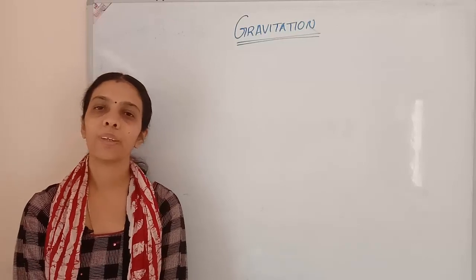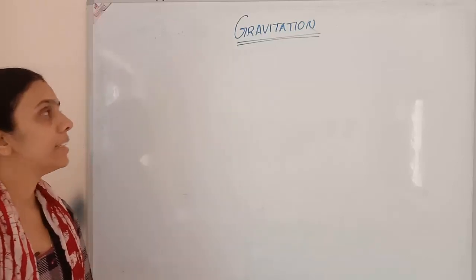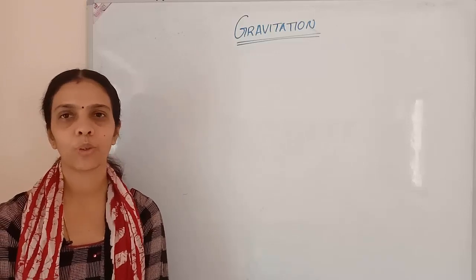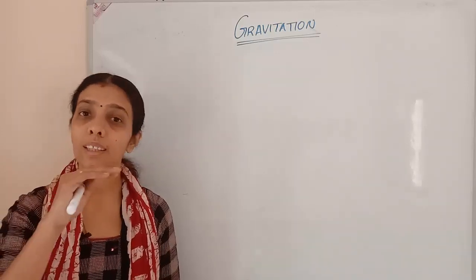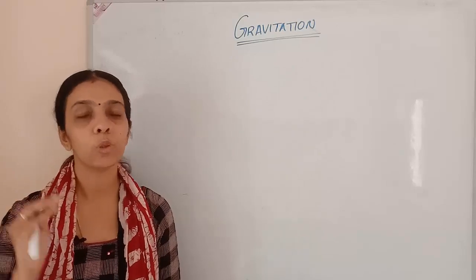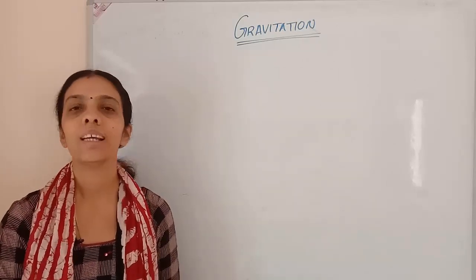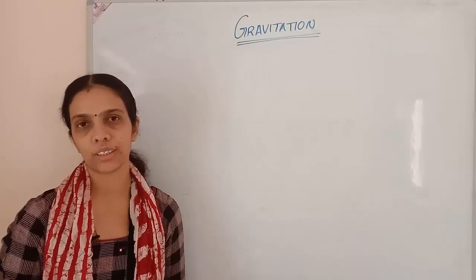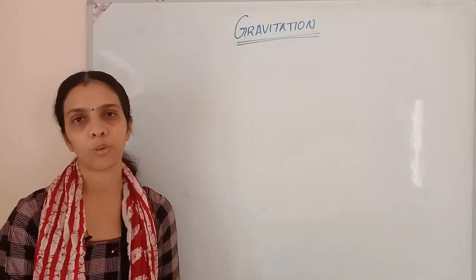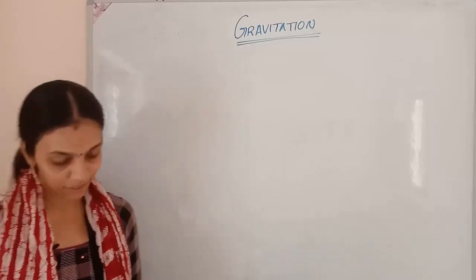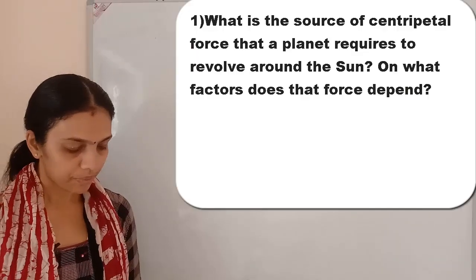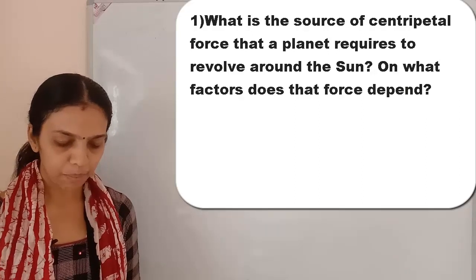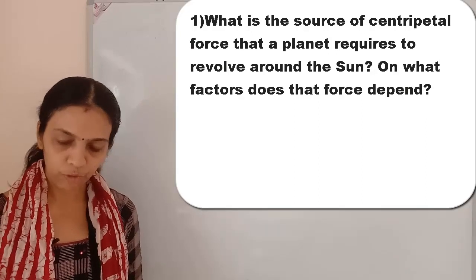In today's topic, we are going to discuss the gravitation chapter. In the last video, and the one before that, I explained the theory portion and we also did some numerical part. Today I came with the exercise portion, that is NCERT exemplar questions, which I am discussing today. Okay, so the first question is, what is the source of centripetal force that a planet requires to revolve around